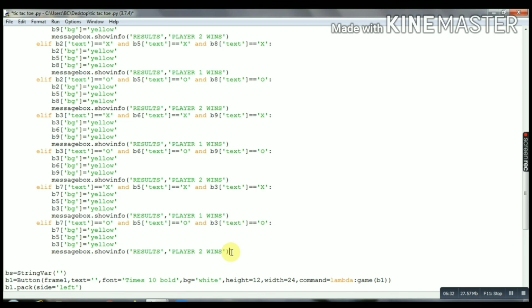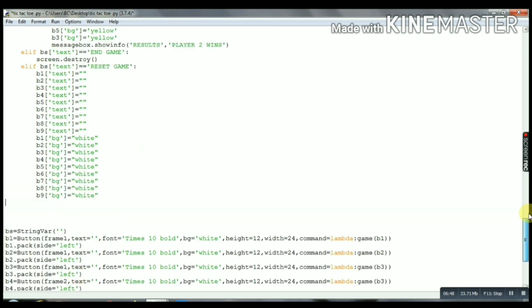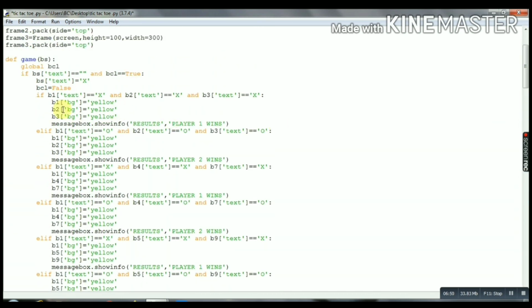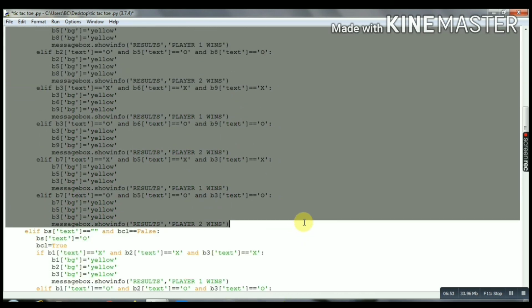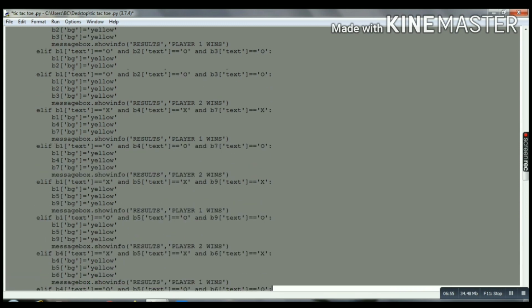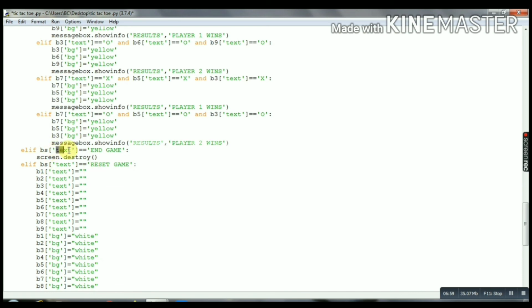So now from here we have made the condition for giving the button text as X. Now we will give the text to a button O. As you can see, if text is empty and the boolean is false, then we will give button text as O and make the boolean variable true, as we created it false the previous time, as you can see there. Okay, so we will copy all these conditions. Okay, Control C, and you can see we have pasted it in this also. Means we will check these conditions every time, whether it is O or whether it is X.